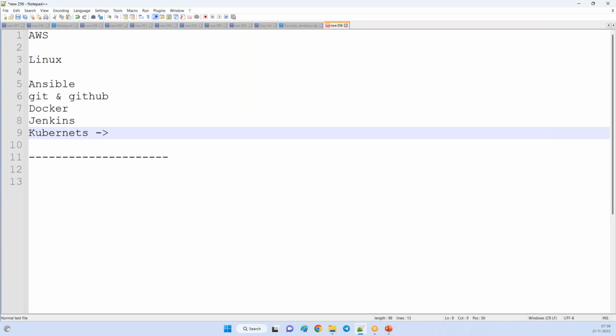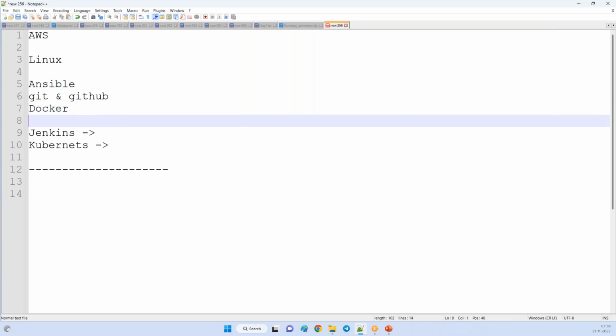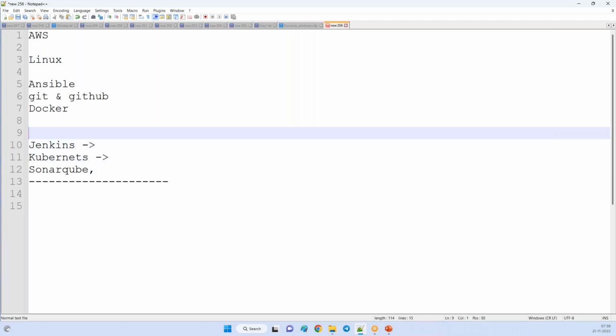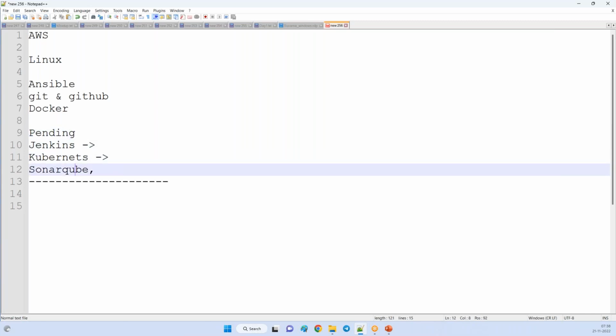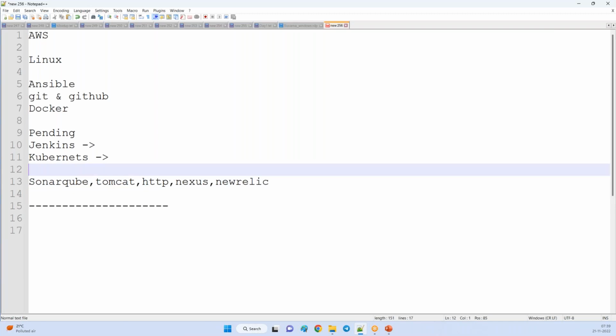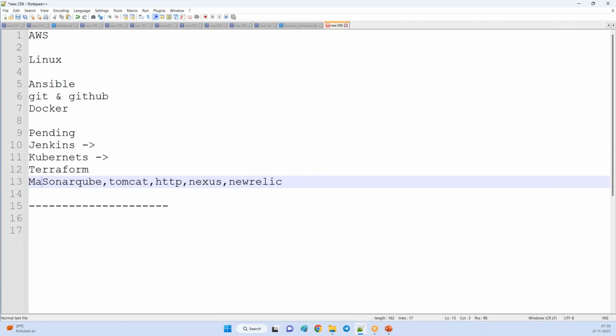A few items are still pending in it, and other items are pending as well: SonarQube, Tomcat and an HTTP server, Nexus, New Relic, and Terraform.